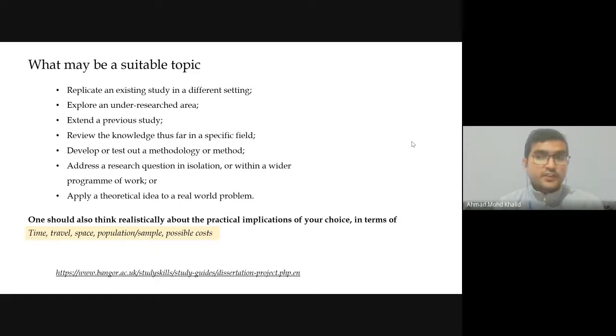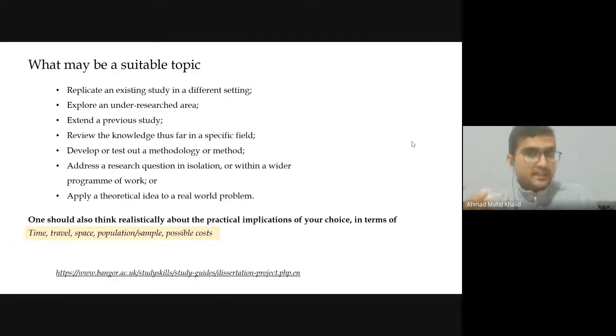And recently, if you look at current research, China has relaxed its one-child policy, and they have gone back to a two-child policy, because a lot of the population was aging and the youngster population was decreasing. So a lot of work is done on China. Similarly, somebody thinks about doing it for India. This is what I mean by replicating an existing study in a different setting. Somebody did it for China, now you are doing it for India. The conditions will be different, there will be some similarities. So that can be a topic.